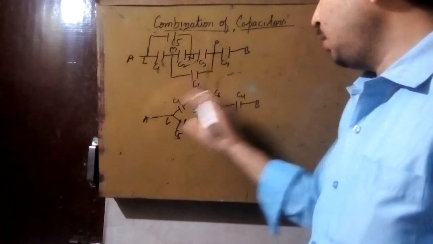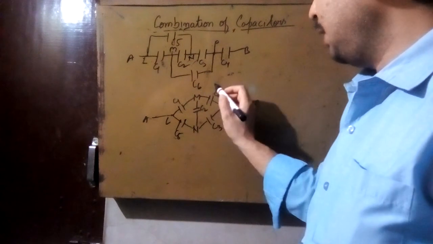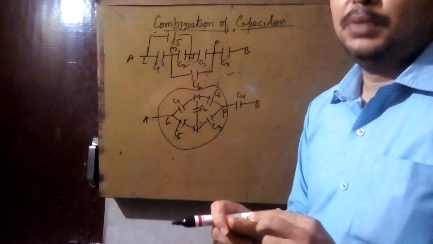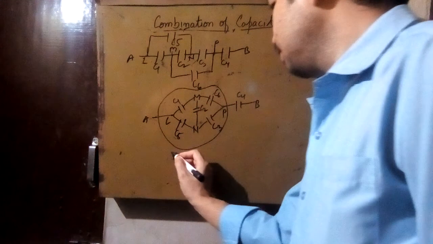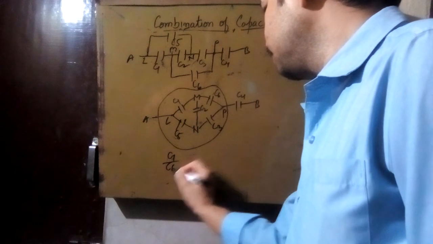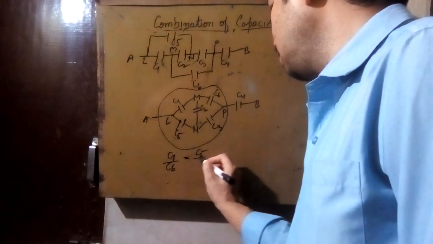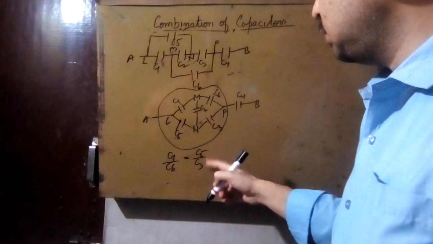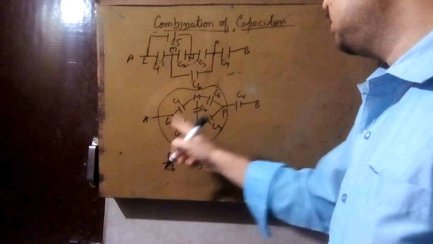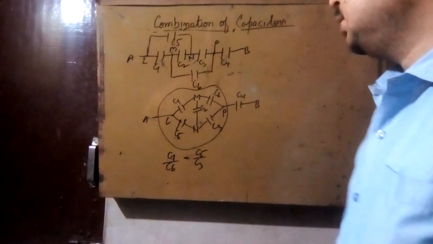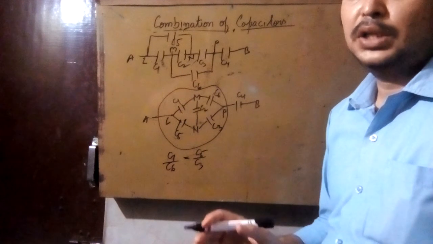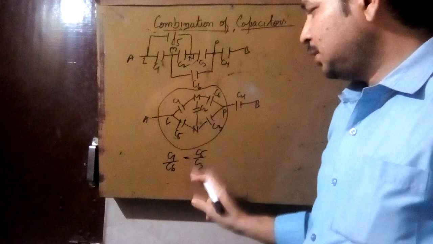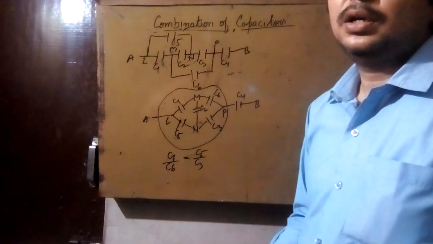Now, this which I have drawn is known as a Wheatstone bridge. Now student, two possibilities will be there in the question. If C1 by C6 is equal to C5 by C3, given in the question, the value is given in such a way that this by this is equal to this by this, then you have to omit this C2. C2 will have no significance in the circuit, you can omit it. If this does not happen, then you have to solve by Kirchhoff's law.